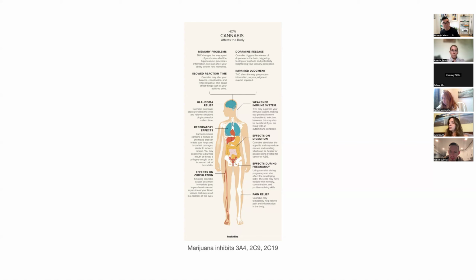All right. Just know that marijuana, THC and CBD together inhibit 3A4, right? So 3A4 could be your antipsychotics, it could be your benzodiazepines, it could be your statins, it could be a lot of medical meds too, right? 2C9 is Depakote, all right? 2C19 is Lexapro, Celexa, sertraline. So if someone smokes cannabis and it's inhibiting those medications, what's going to happen to those medications? Are the levels going to go up or go down? It inhibits it. It's going to go up. Very good, right? You're inhibiting those CYP enzymes, the levels of the meds are going to go up.